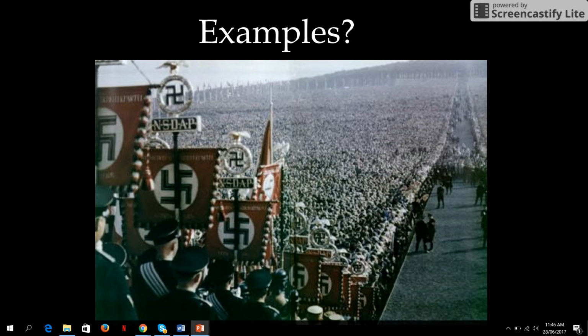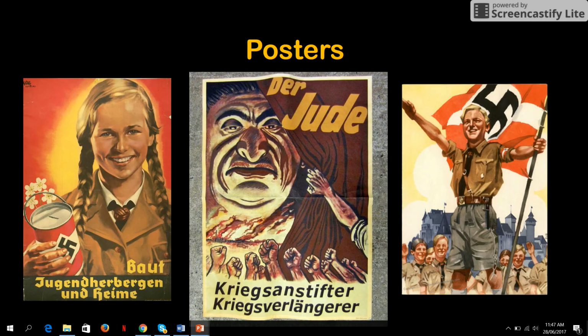Here's a picture of a massive Nuremberg rally in the middle of Germany, and you can see just the scale of it would have been inspiring to anybody, even if you didn't agree with Nazi ideology or you didn't even know where you were, you're just in this massive crowd. It would have been pumping a lot of people up. And actually, Hitler was a big fan of American cheerleaders and got a lot of his ideas about how to pump up a crowd with speeches, massive crowds, and big signs and things like that.